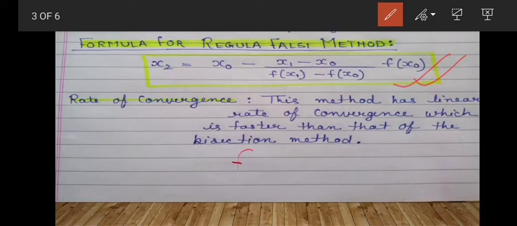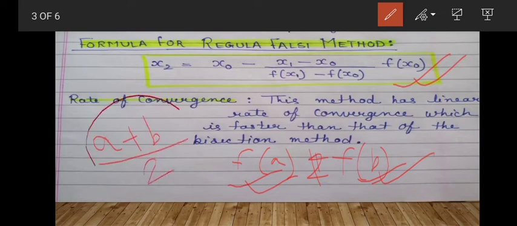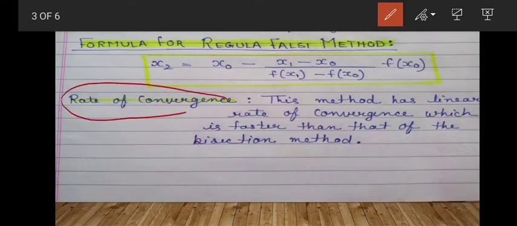For example, in the bisection method you have to find 2 points f(a) and f(b), for which one value is positive and one is negative, and with those points we just add them and divide by 2. But in regula falsi we have to find 2 points x0 and x1, and with the help of x0 and x1 we will find another point x2. The rate of convergence of the regula falsi method is faster than the bisection method, meaning in the bisection method we get the answer very slowly in comparison.